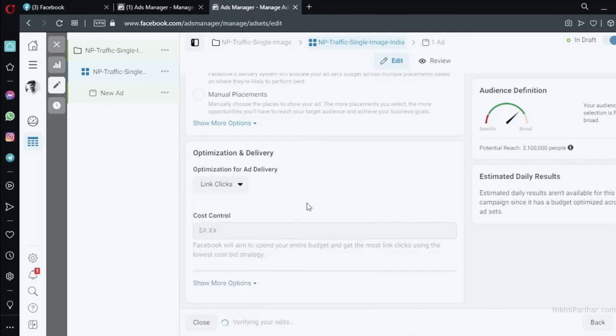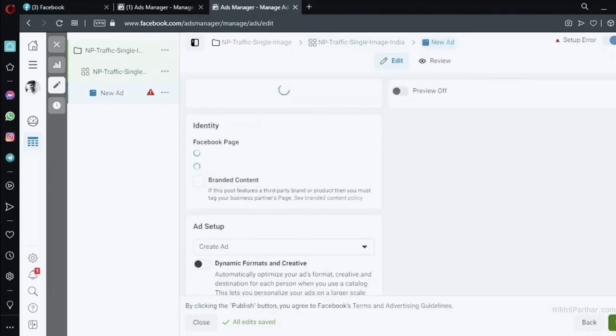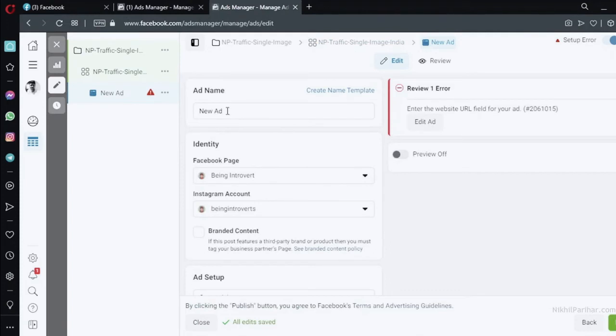And cost control, just leave it as it is. I just want to go with the minimum bid type or minimum budget here for now. So leave it as it is. Let's click on next. And here is where we want to give the name to our ad.